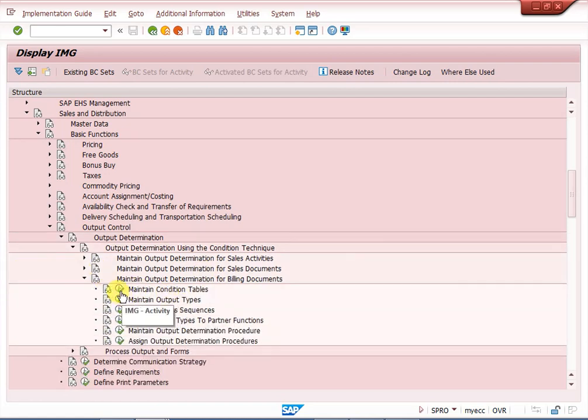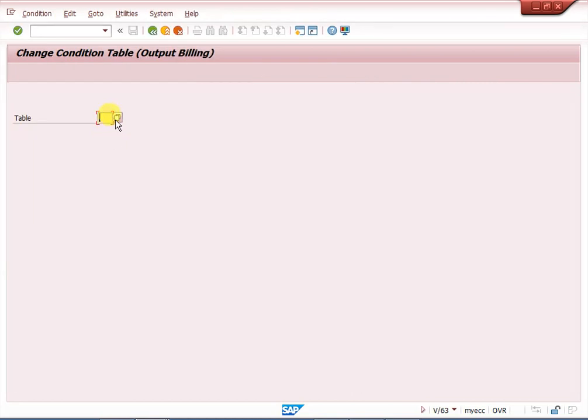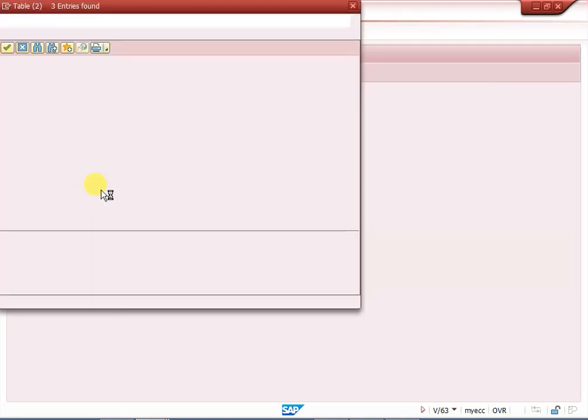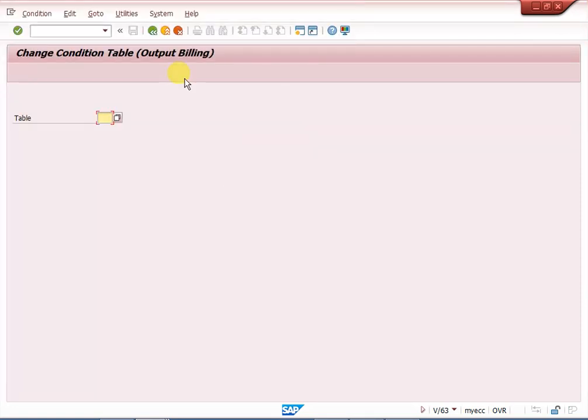Okay, here first we need to maintain condition tables. Why are we using condition tables? Whenever we are maintaining condition records in VV31, VV32, there are key combinations before we maintain for F2. For that purpose we can maintain. Already standard condition tables are there, it is suitable, you can use it. We have used 008. If you want to create new condition tables, you can create from 500 to 999. Up to 500 SAP standard can use.